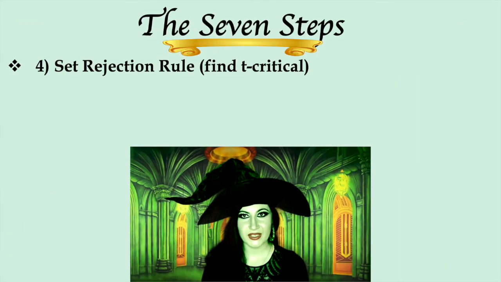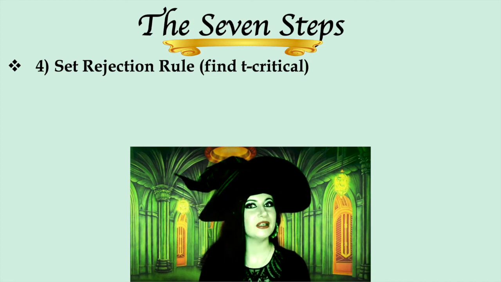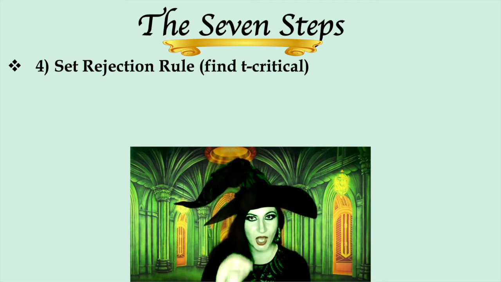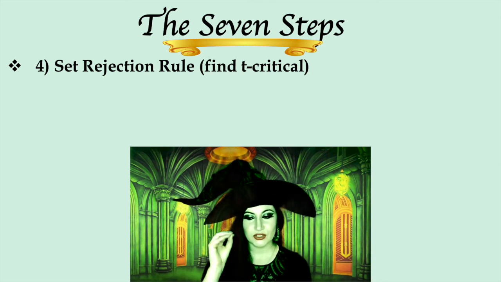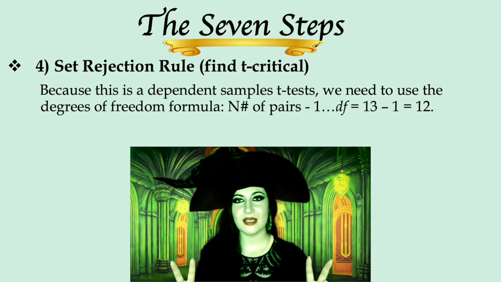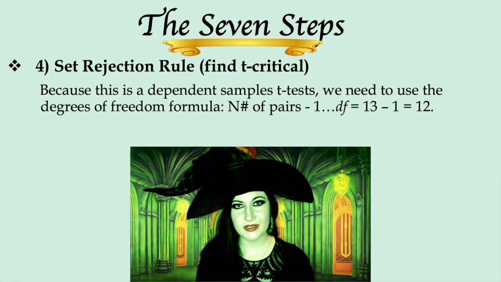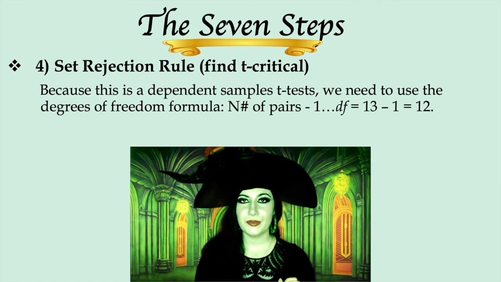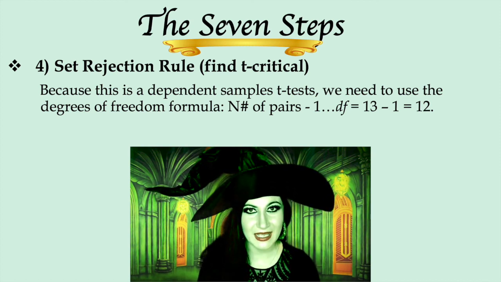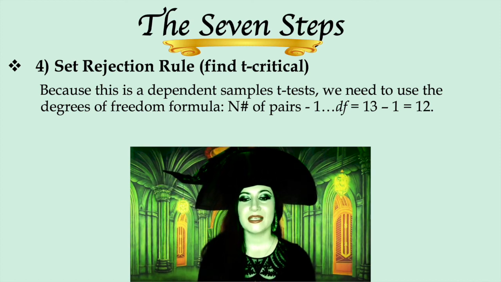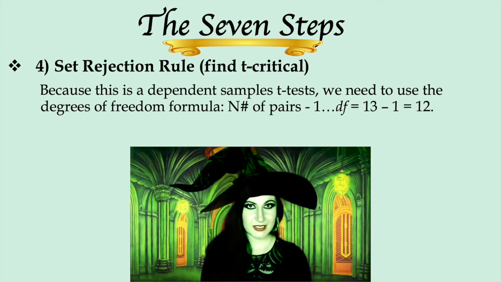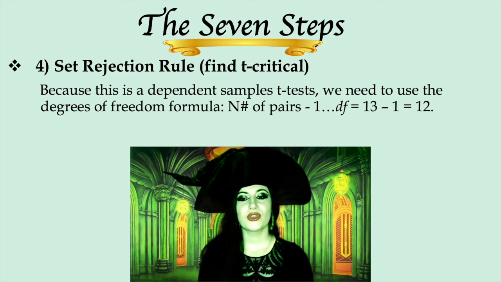So step 4 is where things get tricky. And again, you need to be very careful that you pay attention to how you calculate your degrees of freedom. We know that degrees of freedom are needed to look up the proper t-critical value in our chart. But because we have 2 different types of designs, we also have 2 different types of formulas for degrees of freedom. Because this is a dependent samples t-test where we're measuring the same people over time, we have to use the formula number of pairs minus 1. Because we know that our n, the number of pairs in this current sample, is 13, 13 minus 1